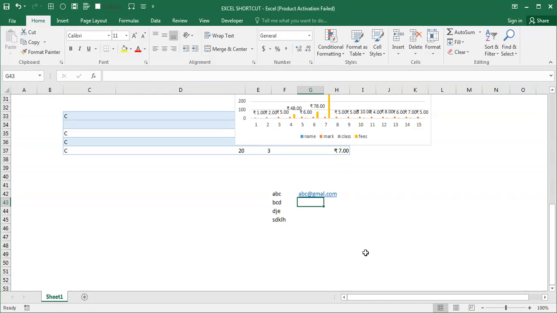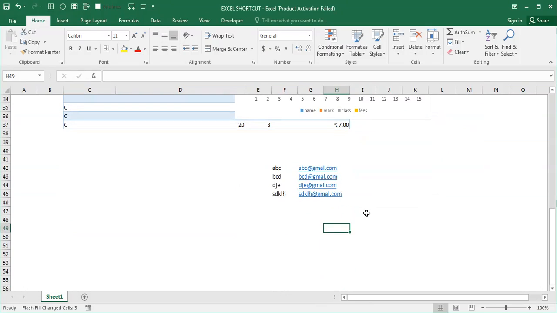Suppose I press Ctrl plus E, the system will automatically take what pattern I have added, and automatically fill everything out. If you want to add something unique, then you can type it and press Ctrl E. The system will automatically take the pattern.